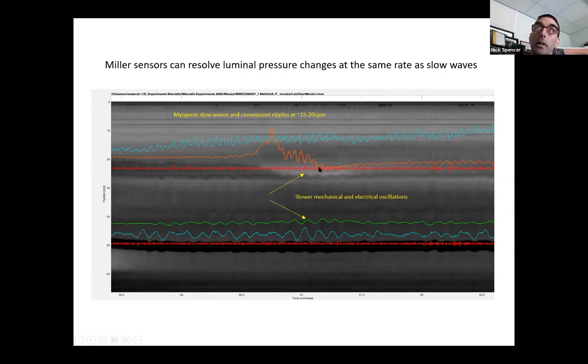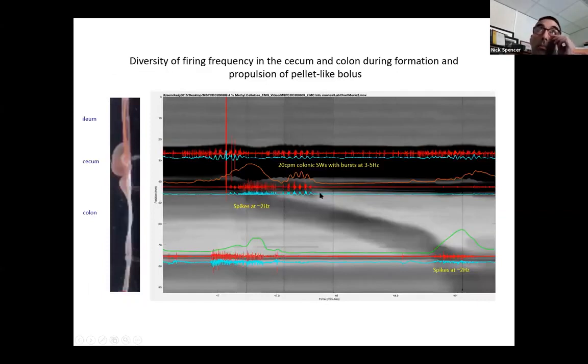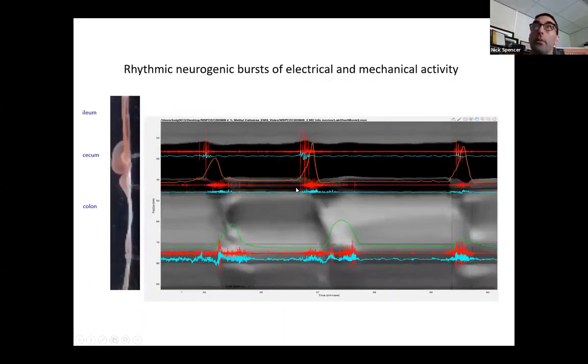This is the AC coupled recording. This is the Miller sensor, and this is the DC electrical activity. So you can see that the flow of activity in these tubular preparations correlates nicely with the local, not global, changes in luminal pressure. Okay, I think that's the recording I just showed you. Okay, and that's another pattern of